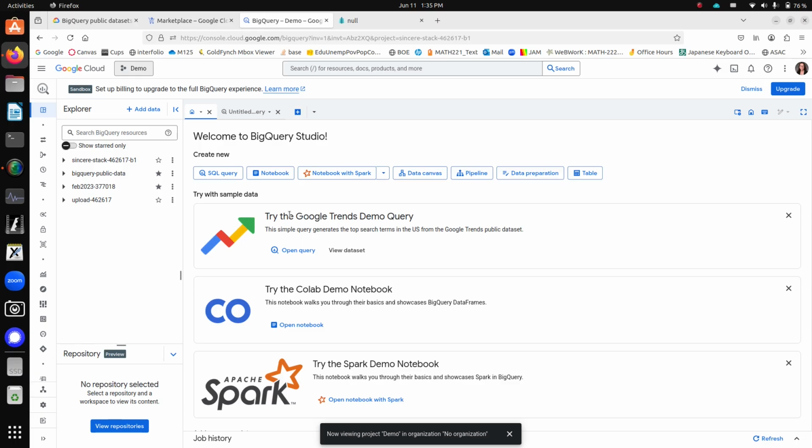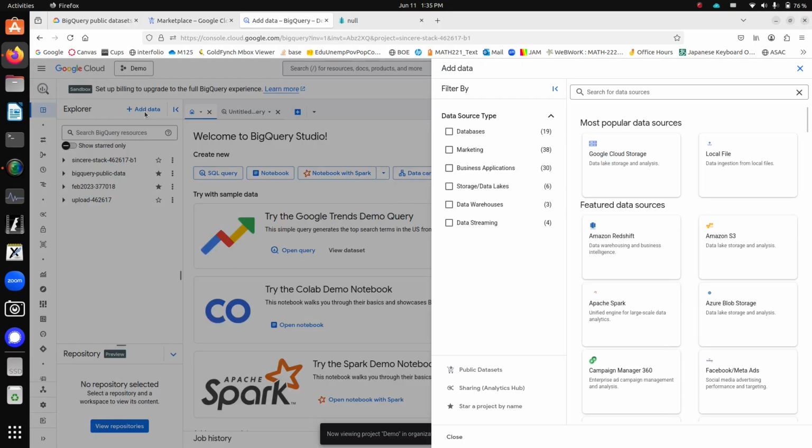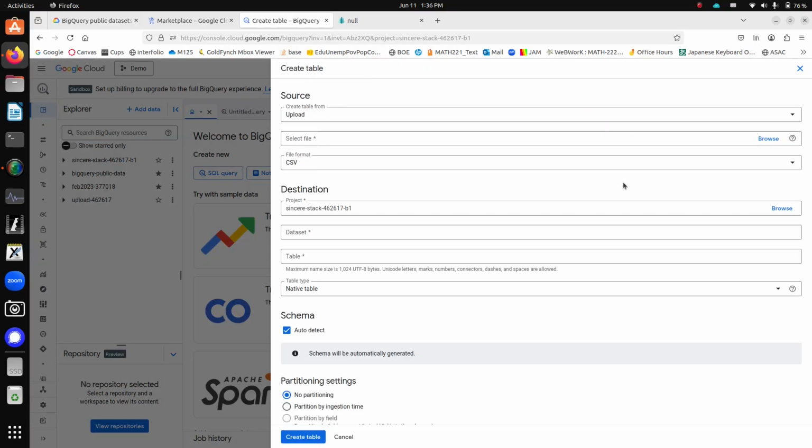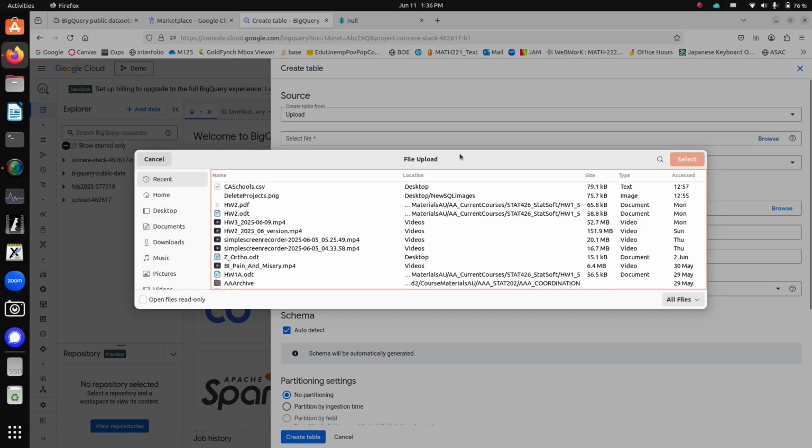Okay, so I want to be here, and so now I'm in this project called demo, and I want to add a data table. And so the crazy thing is that you have a project, and inside the project it's like several layers deep before you get to the data, and that's kind of counterintuitive. But we have to add data to this project, but it's kind of one little step at a time. So this would be an SQL query, but I can't really do an SQL query yet on it because I haven't added data yet. And so I'm going to go ahead and upload a local file, and I'm going to select my local file,